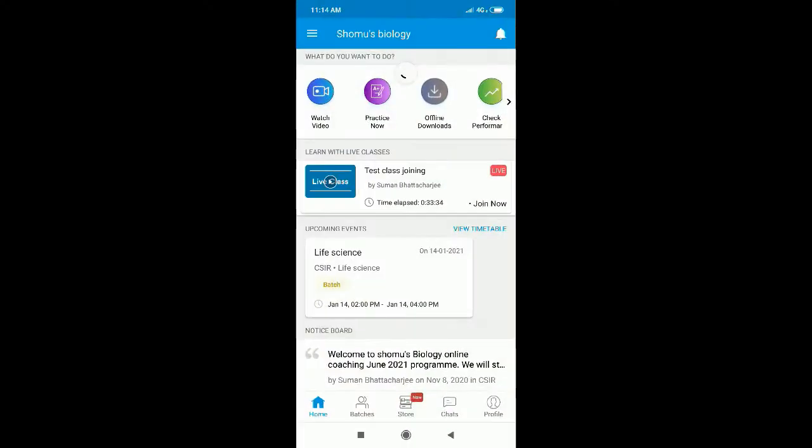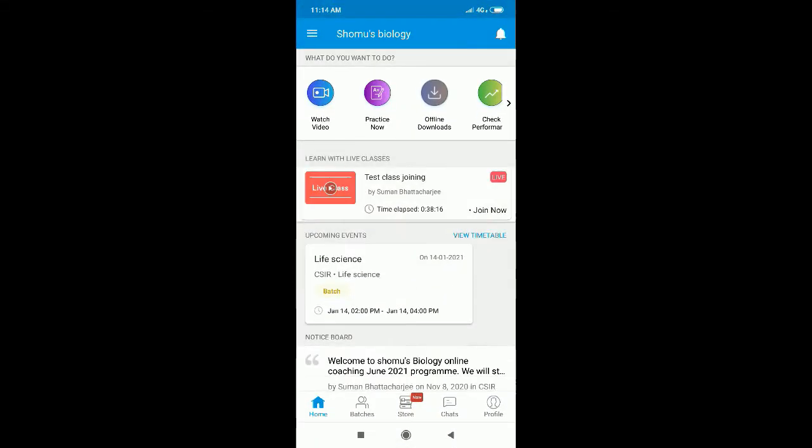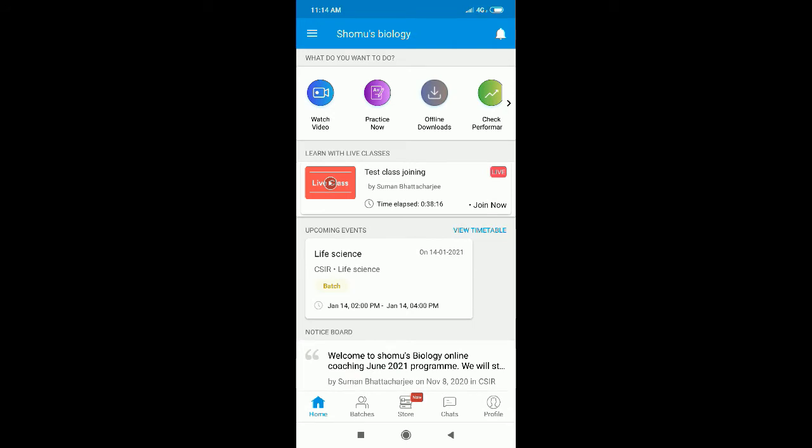And then again, you can see you are now back in the dashboard. Let's say you want to join again, then click live again, and it will take you to the live session. And again if you want to get out, you can click okay, and you will be out of it. So that means if you are in a class and you accidentally log out of the class, you still have a chance to log in. So all these facilities are there.